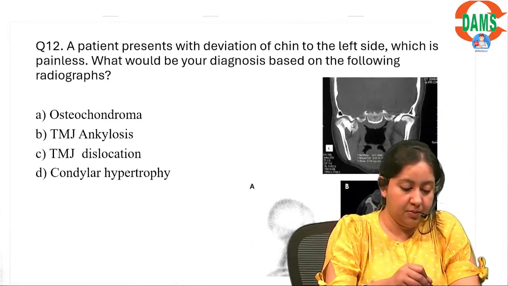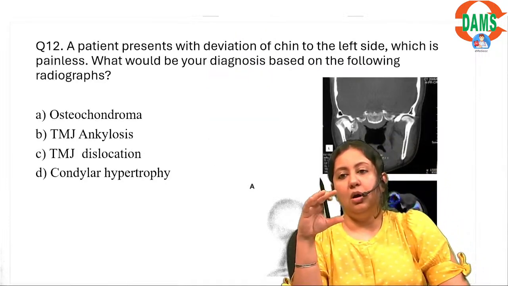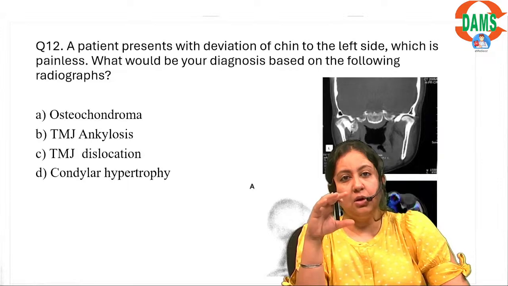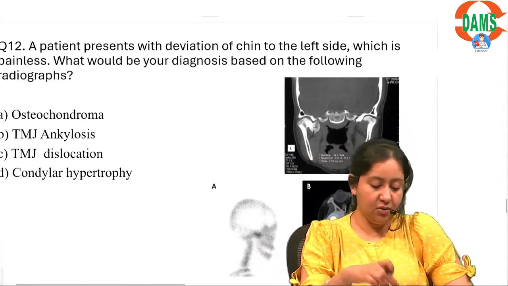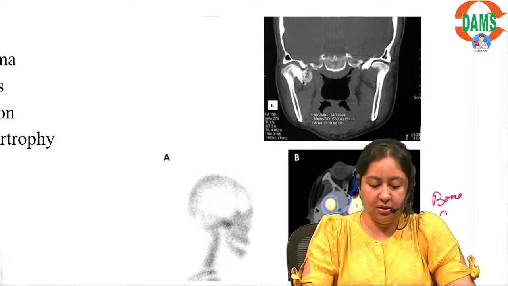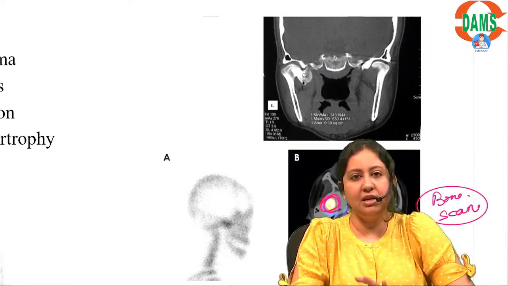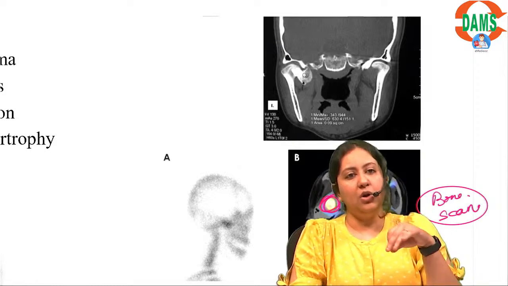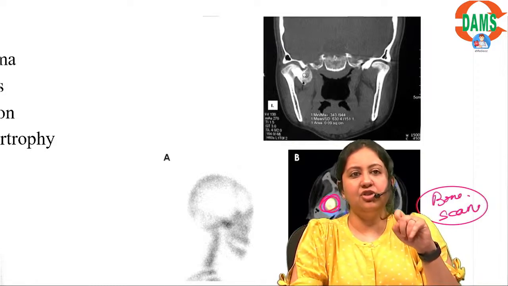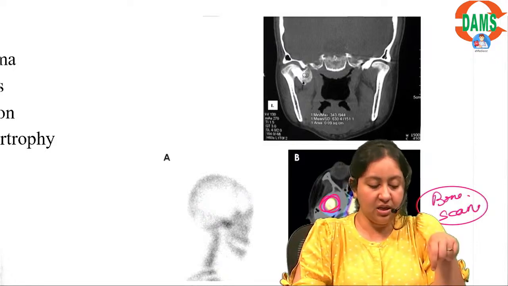I'm zooming out. So what is happening is, if you see the condylar head, this is your bone scan. Here there is increased tracer uptake. Now you can definitely see the increased tracer uptake in osteochondroma. But here if you see the